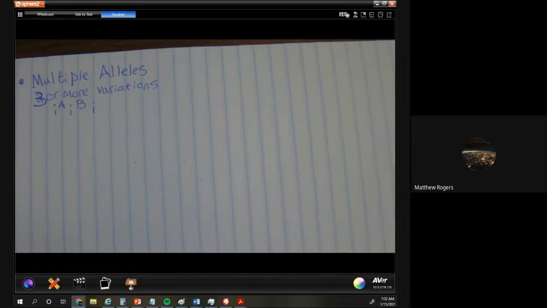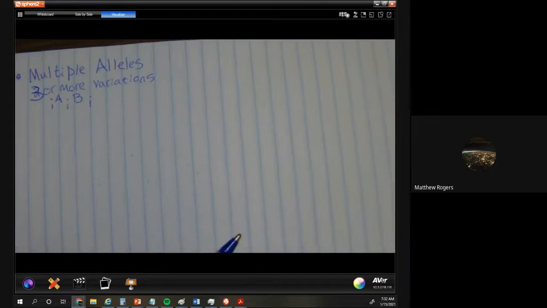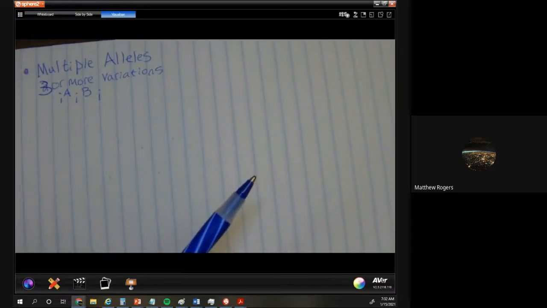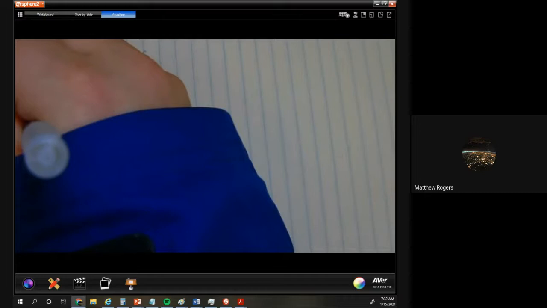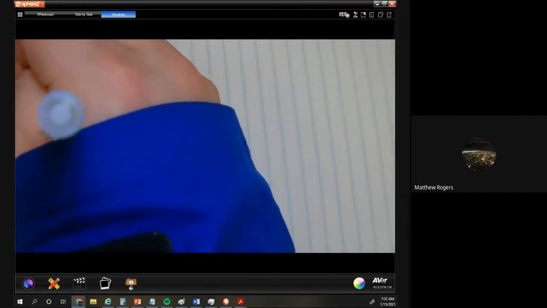Real life looks more like multiple alleles than it does like the standard genetics for humans. And to give you an idea, this isn't exactly right, but it's heading down the right path. Let's do a multiple allele question with human hair. So we've got multiple alleles here. So we're going to do